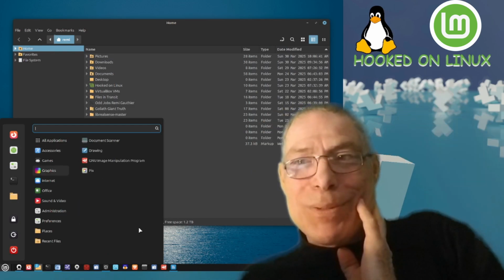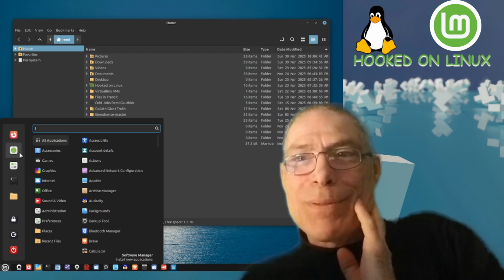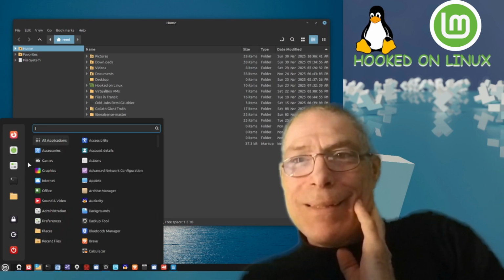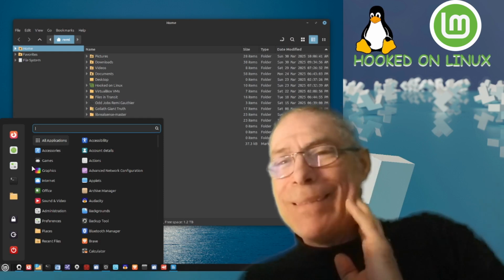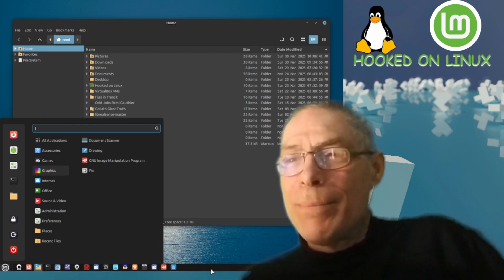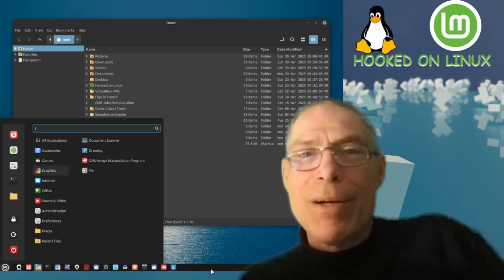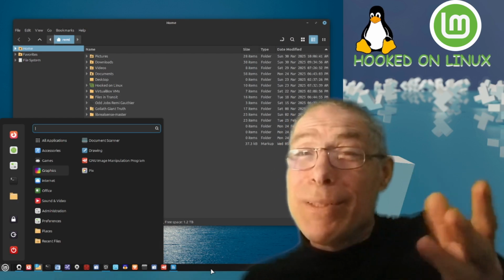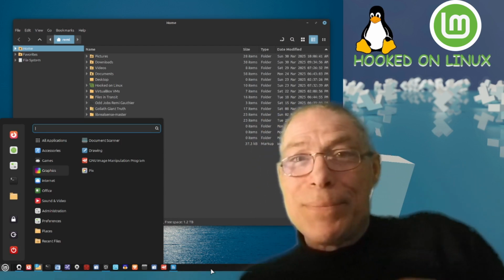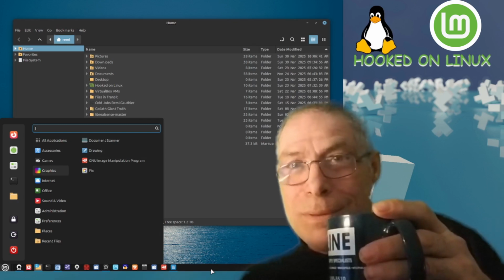The applications or programs that I use daily, I store them down on the taskbar. The taskbar is down here on the bottom. They call it the panel. We've got to get into the vernacular of Linux, the language. Things are different.